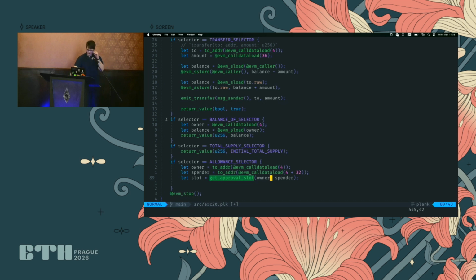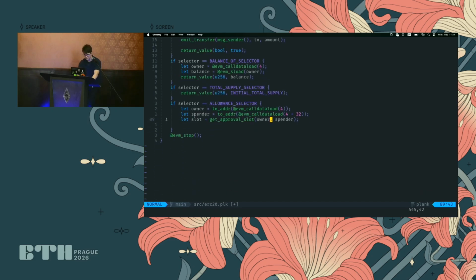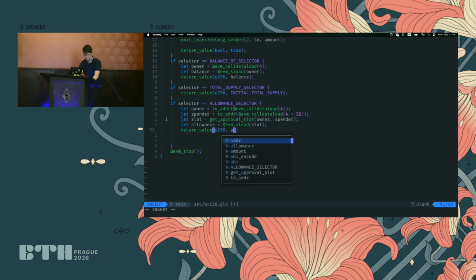And this lets you write functions in a way where if you accidentally mess up and use one value where you're not supposed to, maybe a share count in place of an ETH balance, the compiler will yell at you and give you feedback very early in your development process that there could be a serious bug there. So we have the slot, and then we just read the allowance from there by doing sload. We read the slot, and then we can use the return value. Let me just paste that here.